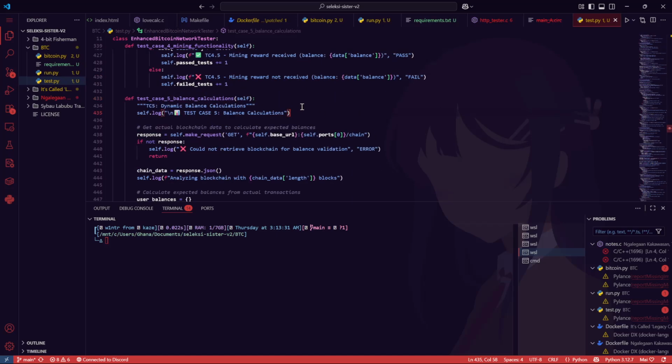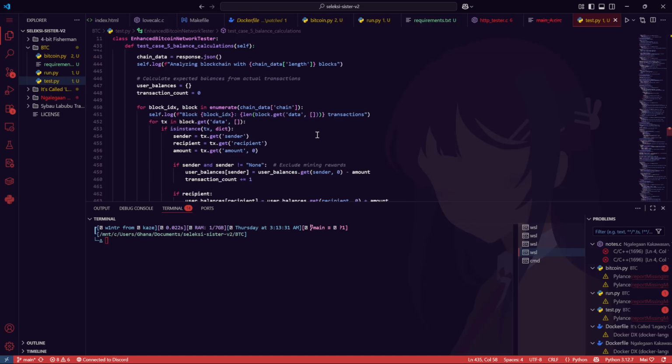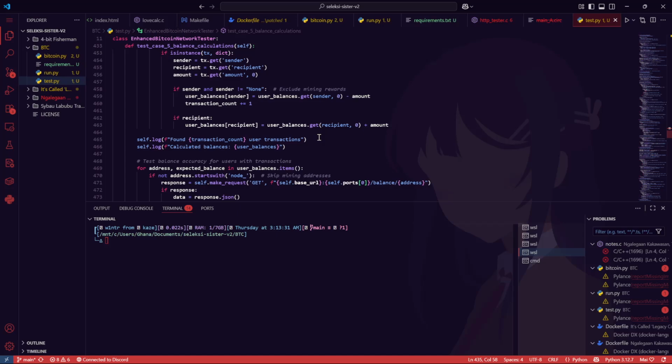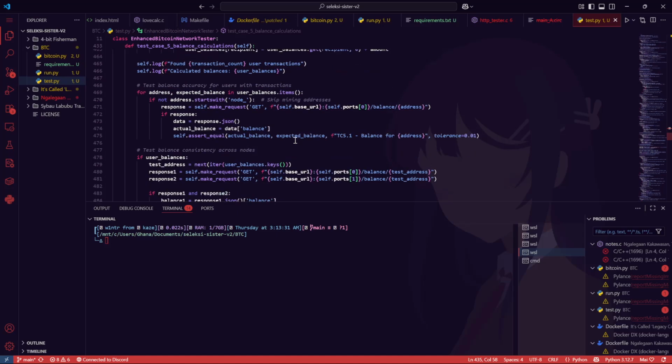For test case 5, we verify the calculation accuracy of the balance in the blockchain history. So we analyze 3 blocks with a total of 8 user transactions,